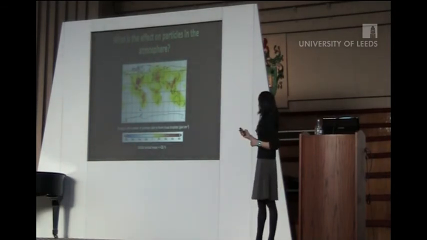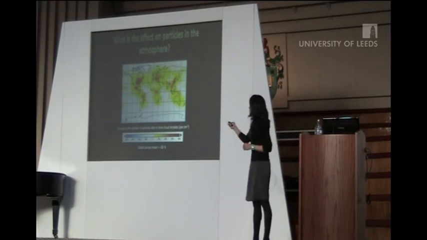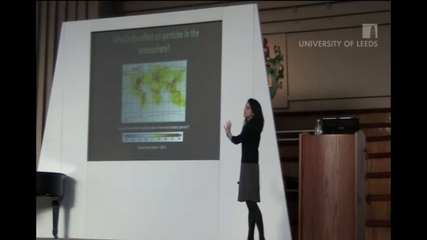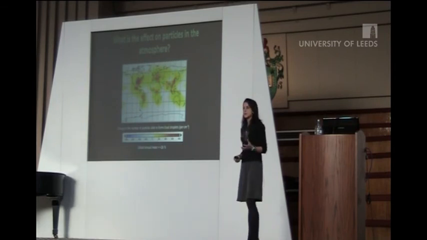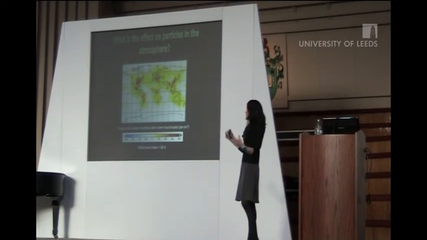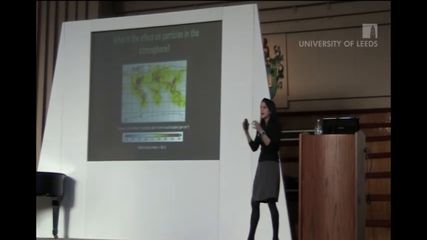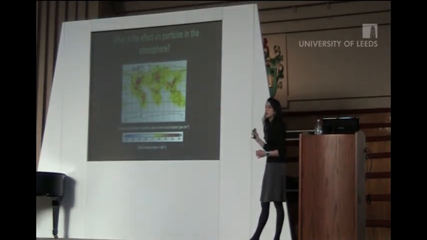So you can see that some of the increases, okay, the pointer completely didn't work, but you can see that some of the increases are occurring in places where there are a lot of forests and therefore a lot of emissions from the trees. But also you see big increases in places that have a lot of particulate emissions from human activities, and that's because of the way that the emissions from the trees and the particles emitted by human activities combine in the atmosphere to result in more of these particles that are large enough to form cloud droplets.